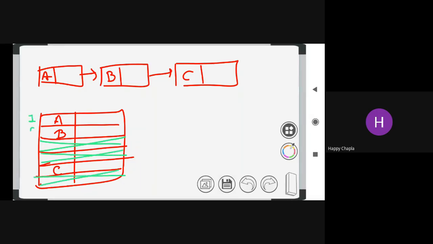So 1, 2, 3, 4, 5, and 6. Suppose something like this. These are my memory locations. This is the data part. This is the next part.